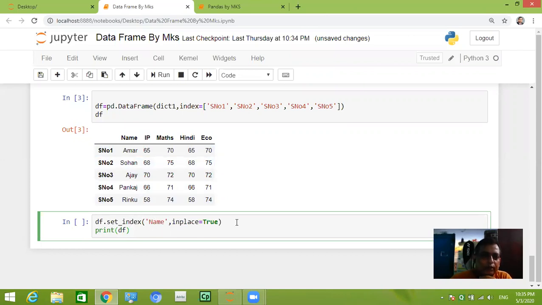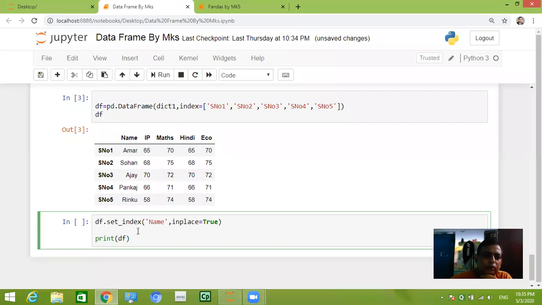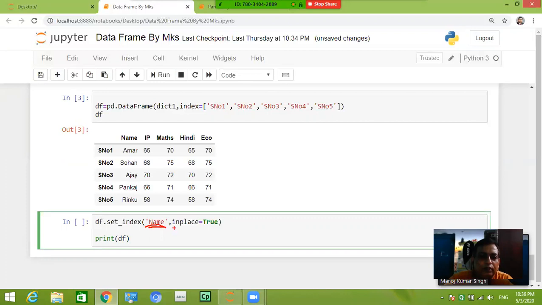So what you will write in code: df dot set underscore index, and this one is the name of the column which you want to use as index, and the next argument will be inplace equal to true, which means the index will be changed if inplace equal to true is written.